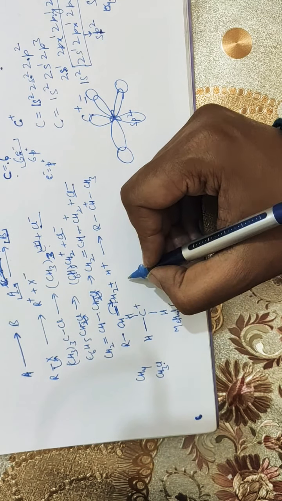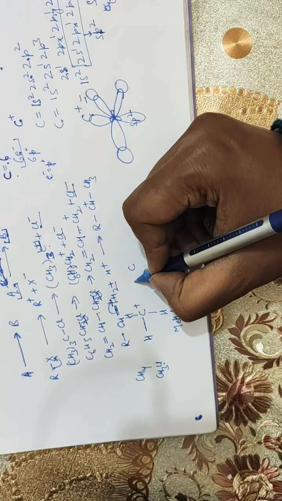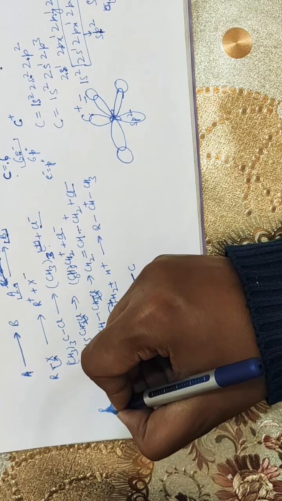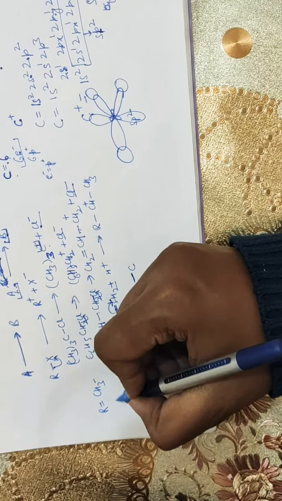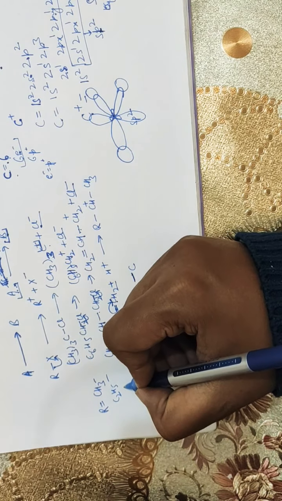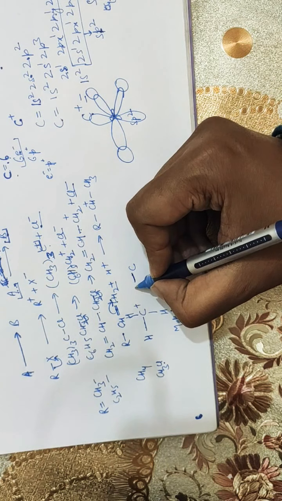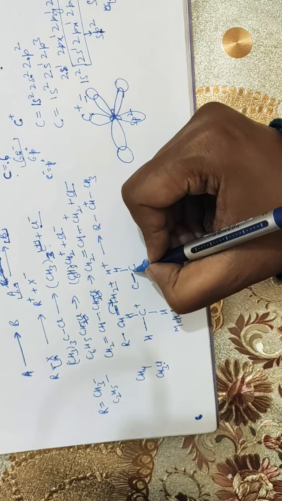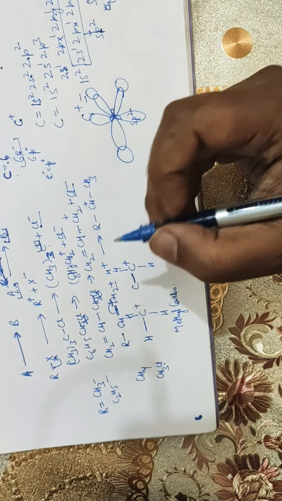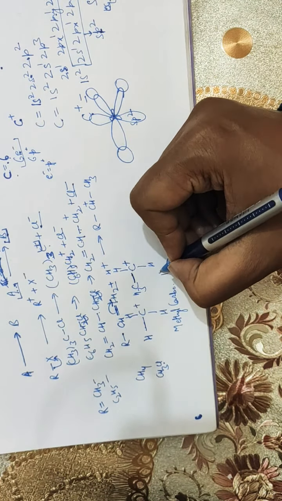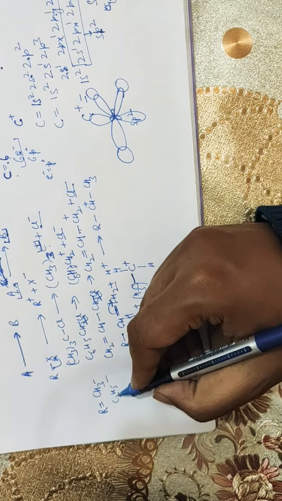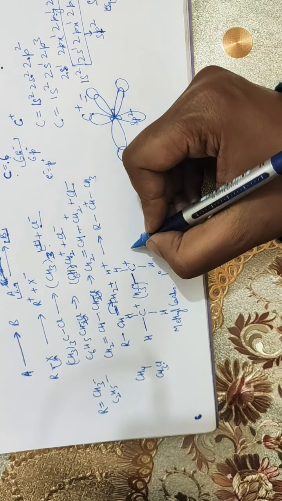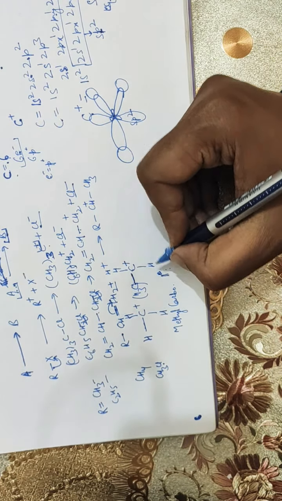And next is the primary carbocation. This primary carbocation will have one carbon-carbon bond, where R is CH3, it may be C2H5 or C3H8 or anything else. Basically there is a single carbon atom attached to the carbocation carbon, so it will be called a primary carbocation. It may have an ethyl group, propyl, something like that, but there should be one carbon-carbon bond. So this is the primary carbocation, represented by 1 degree.